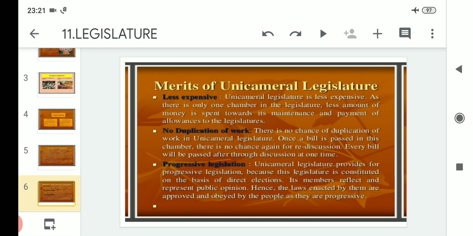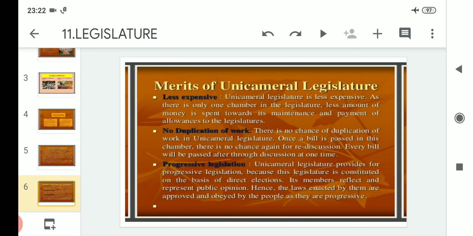After that, progressive legislation. So under progressive legislation, the unicameral legislature provides for progressive legislation because this legislature is constituted on the basis of direct elections. Its members reflect and represent public opinion. Hence, the laws enacted by them are approved and obeyed by the people, as they are progressive. So, under progressive legislation, it is written that